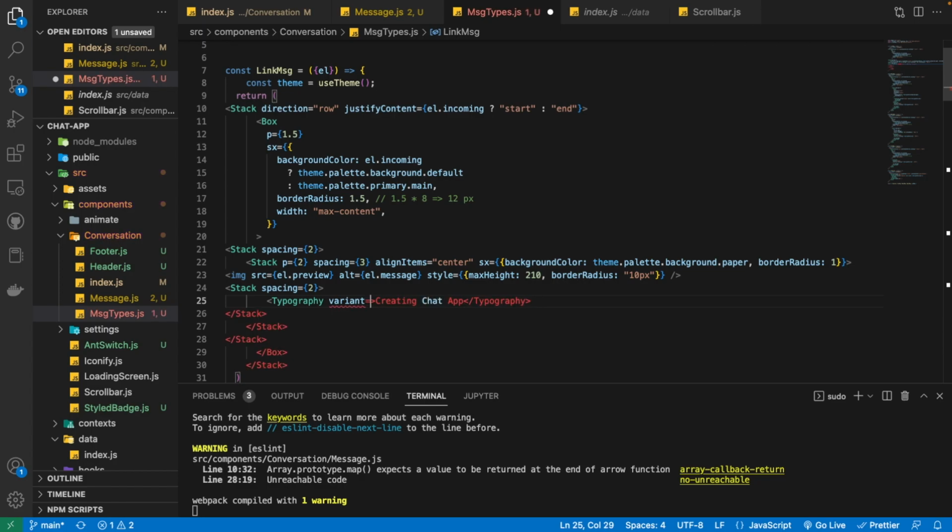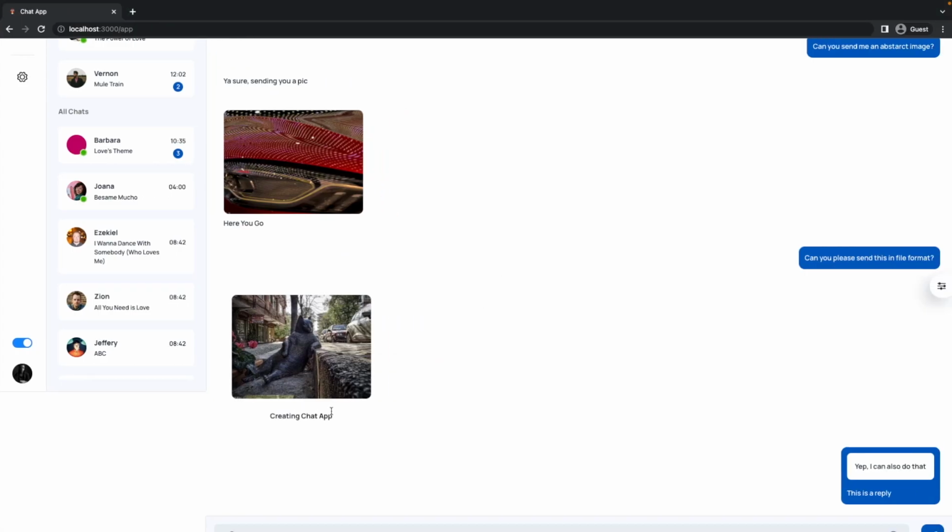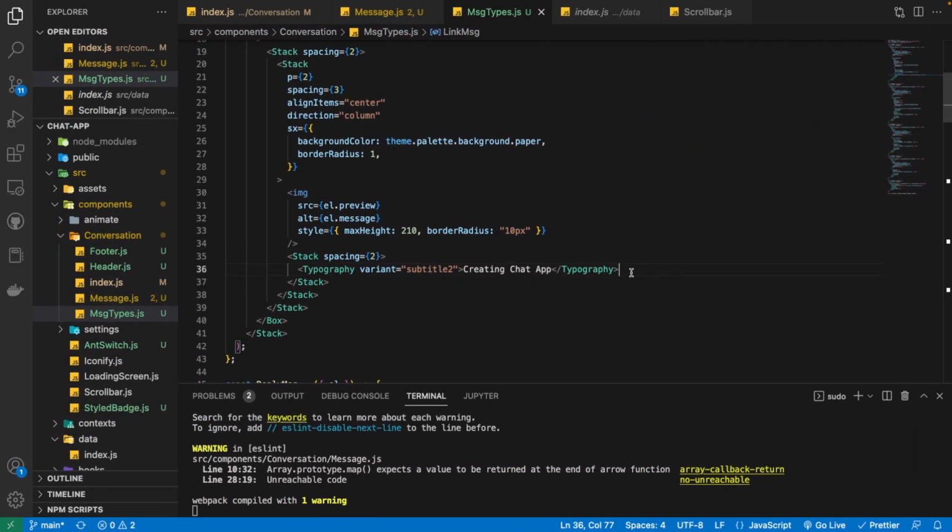Okay, to give it some styling from our theme, so I'm going to give it variant of subtitle 2. Okay, let's see, and we get this. Now let's also render the link. Okay, so for that I'm just going to again use this typography component. Okay, variant is going to be the same. Now let's write some URL, so